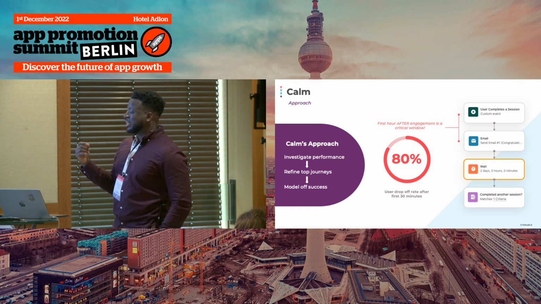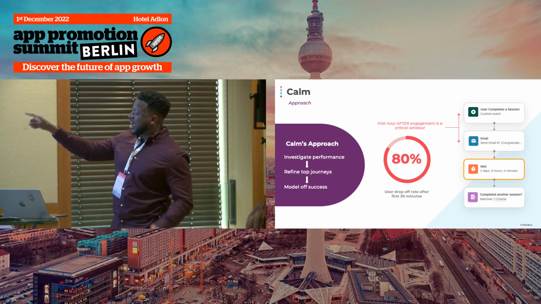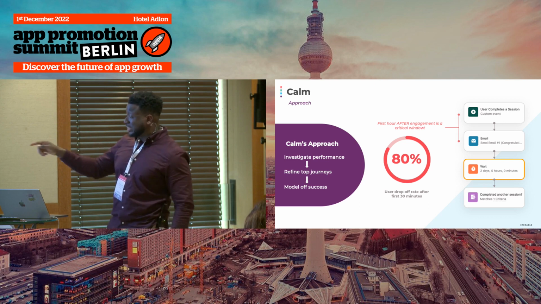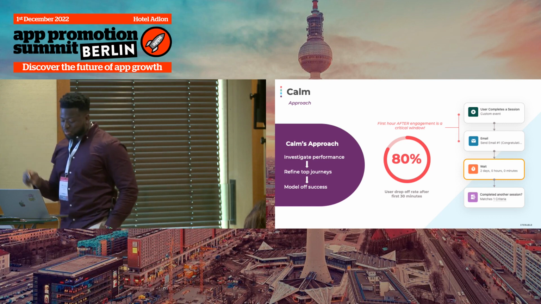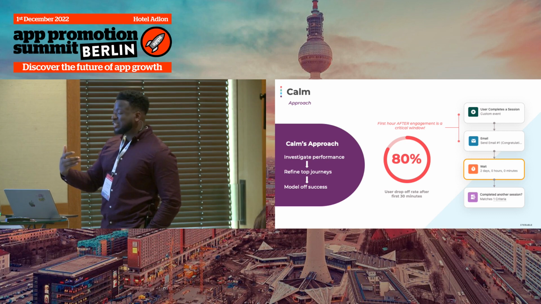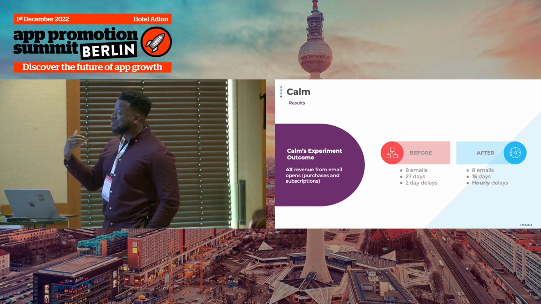But what they found is that users dropped off not after a few days, but after a few hours, sometimes even minutes. And when they went to look at the key drop-off area, one of the things I mentioned to do in the previous slides, this is where they found most of their drop-off occurred. So they used our analytical capabilities to identify that, and then they decided to update their journey.